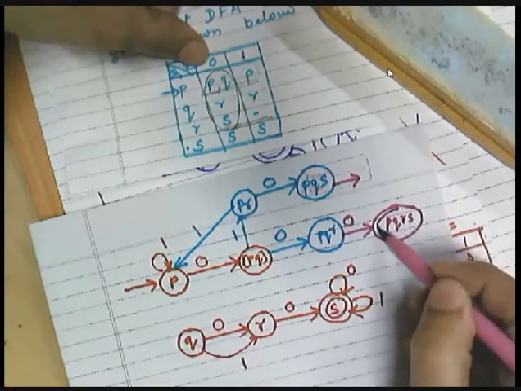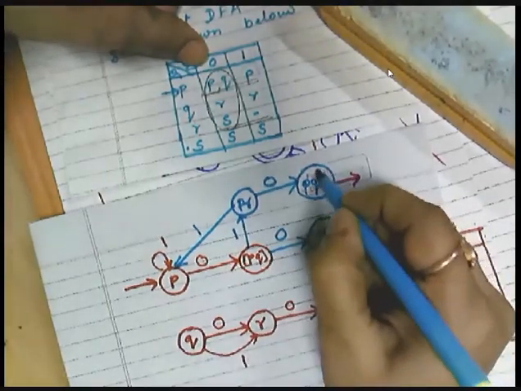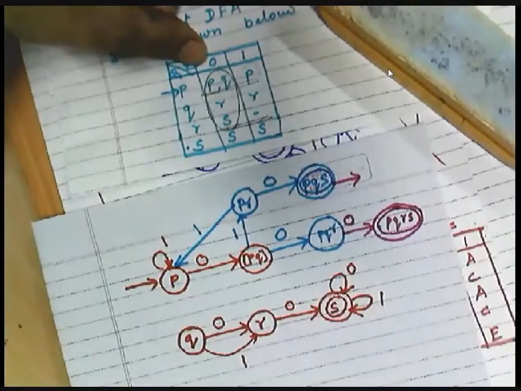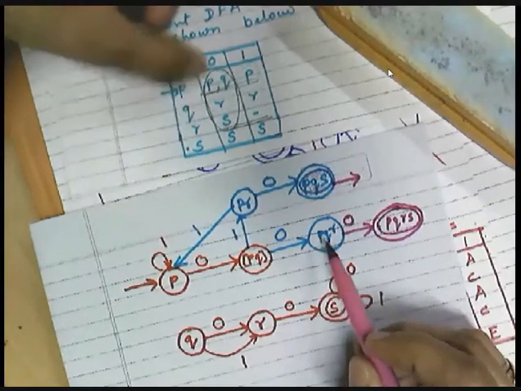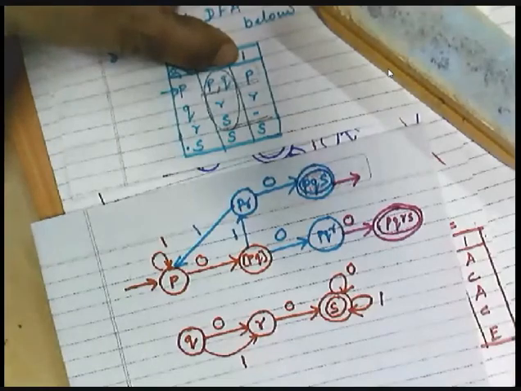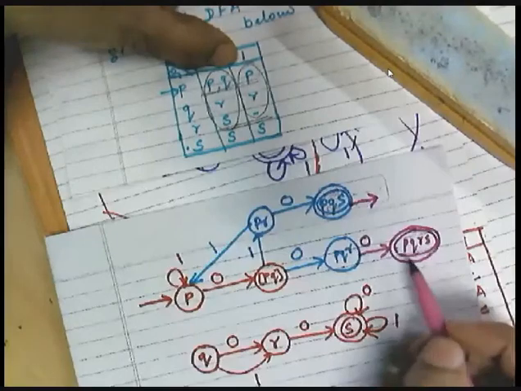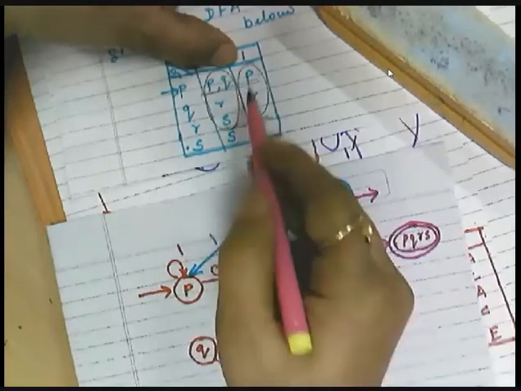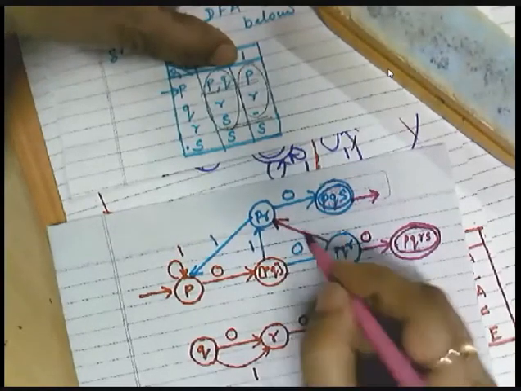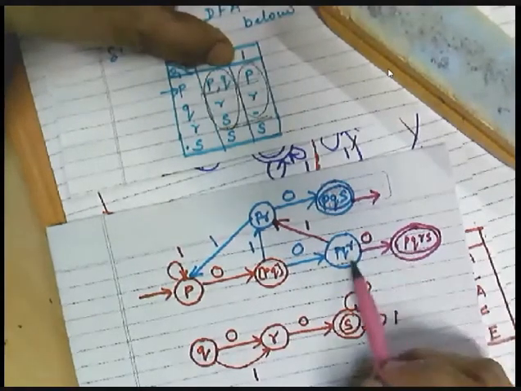S is available, so this will be our final state as well. Here also there is an S, so I need to make this state a final state, right? So PQR on 0 moves to PQRS, and PQR on 1 moves to this 3 rows combination. So it is the PR state. Is PR available? Yes, it is available. So PQR on 1 moves to PR, right? Now next, PQR turn is over.